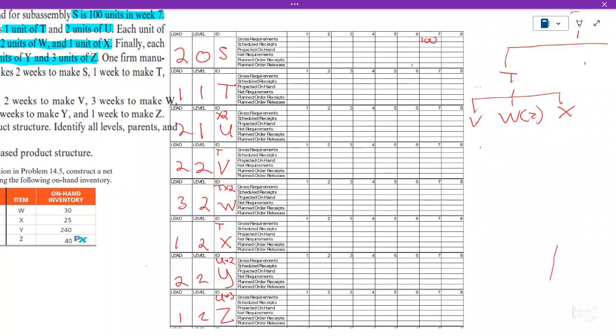The next step, this one is very critical. You must know what you have on hand. Again, you must know what you have on hand. What do we have on hand? So,